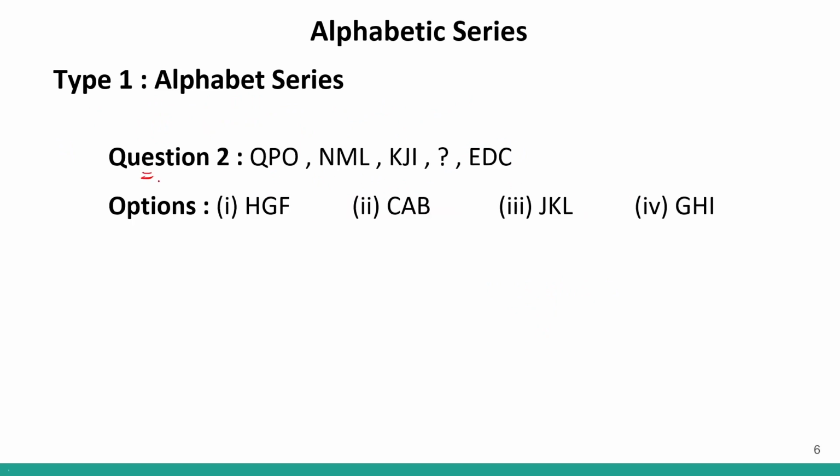Moving on to question number 2. Again, certain elements are given to us and we have to find the missing elements. If I look at the first alphabet, Q is basically what is the rank? 17, N is 14, K is 11 and E is 5. So if I look at the first letter, this is minus 3, this is minus 3, then probably I'll get minus 3 again. So if I do minus 3, what will be the value? 8. And from 8 to 5 will be minus 3. So the missing element in the first letter will have the forward rank of 8.